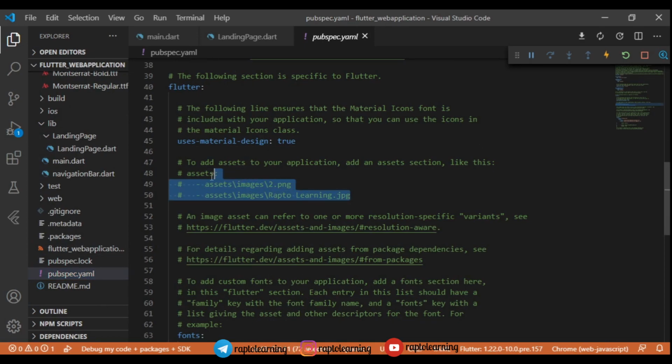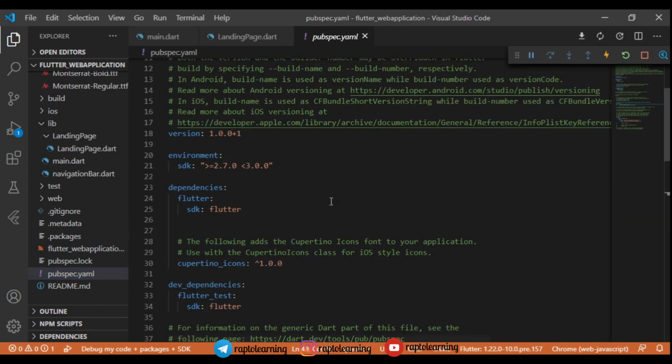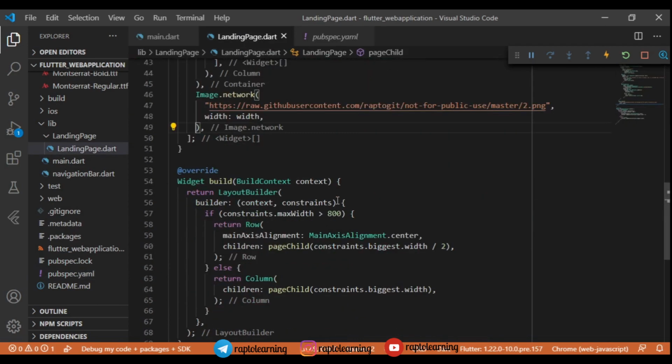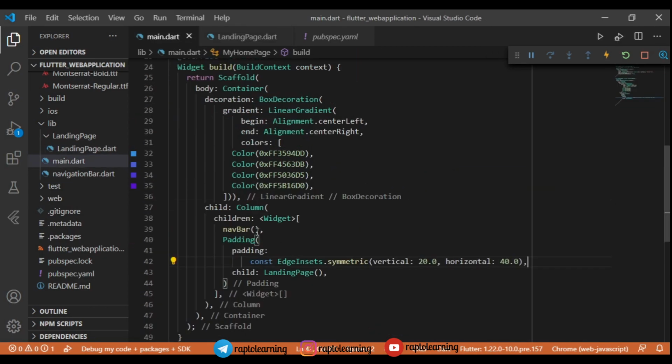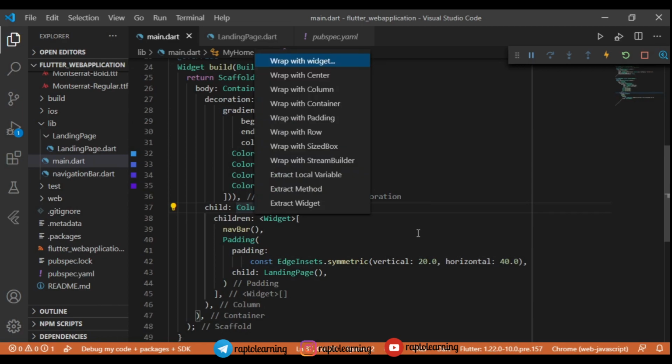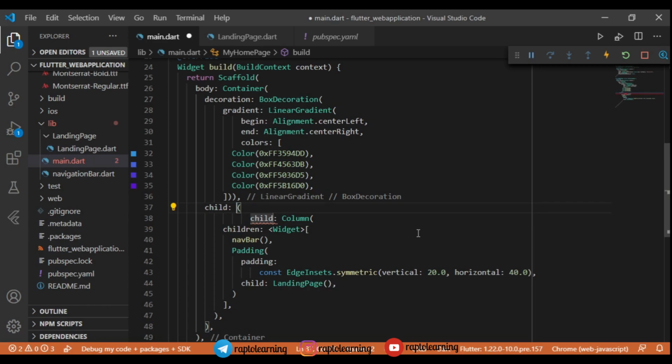So we are going to first check pubspec.yaml, and we will remove this. So let's do some changes in our app. Let's go to main.dart and add a scroll view first. This is our main priority, right? So let's add the scroll view for the column, that is, we will wrap it with a widget. That widget will be a SingleChildScrollView. This is very easy to implement, so let's do that first.